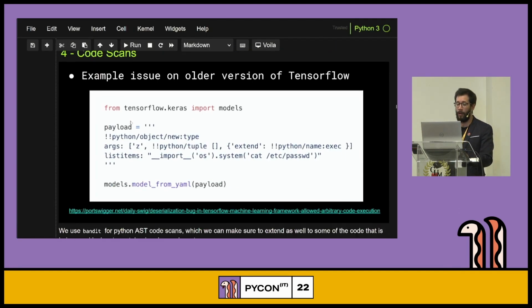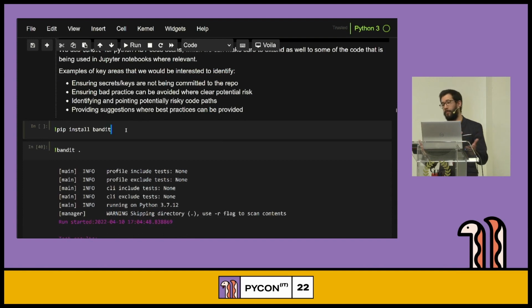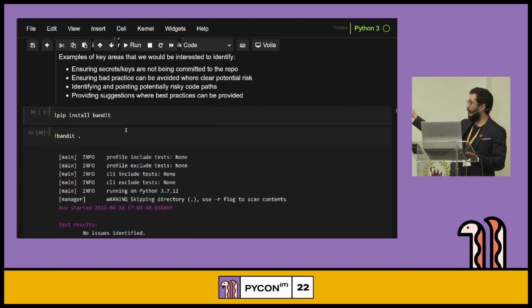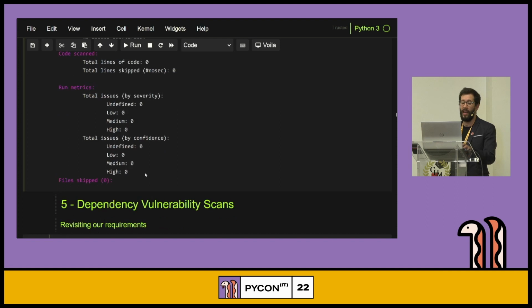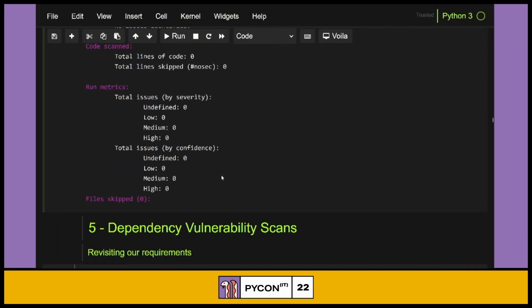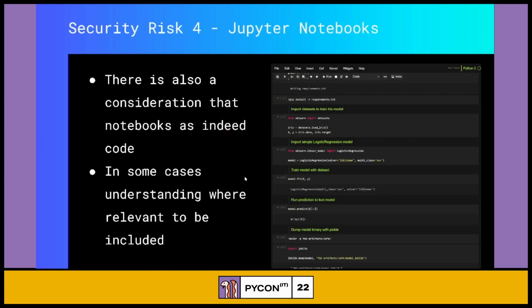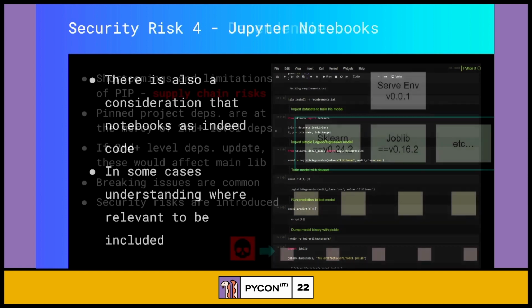So let's actually talk a little bit about some of the tools that you can use. Fortunately, there are some closed source tools that things like GitHub provide you, which are automated within your pipelines. But you can also use tools like Bandit, which allow you to perform some common scans within your code base and point out high, medium, and low potential severities of vulnerabilities. And we're going to talk a little bit more in practice about what you can do to take it forward. Just as a disclaimer, remember that Jupyter Notebooks, if they grow to a certain size, can also introduce risks proportionate to code that is deployed in production.